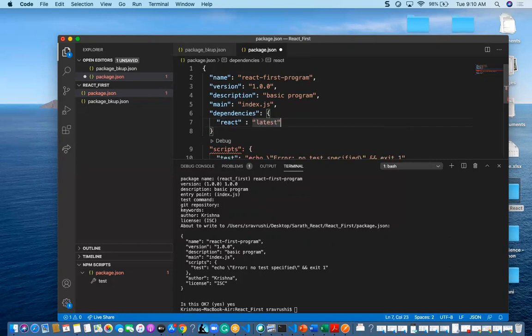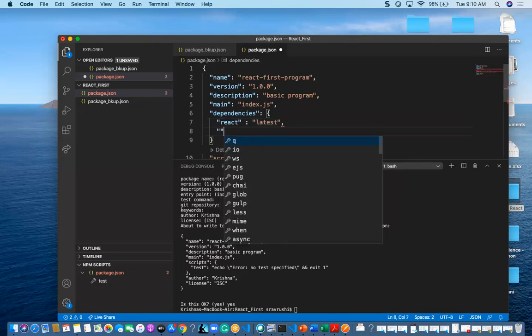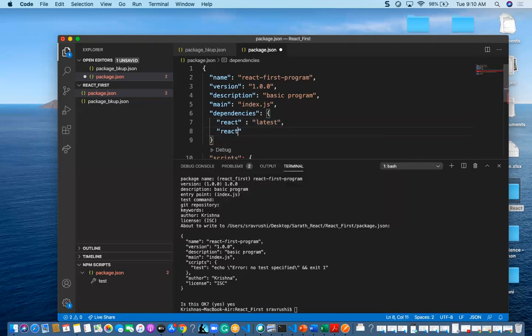Also one more thing is important, as I told you yesterday. There are three npm modules that are important. One is react, and then react dom, and also react scripts. React scripts we are going to describe inside the dev dependencies, because it is not a dependency of the application.